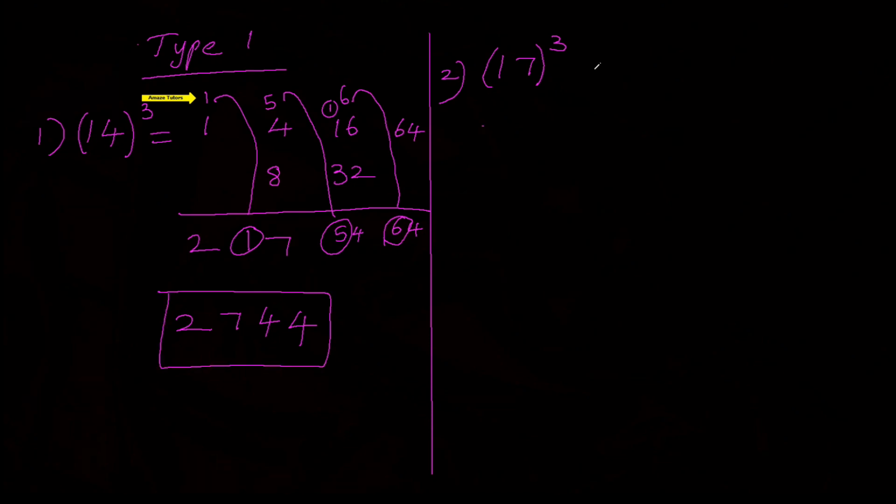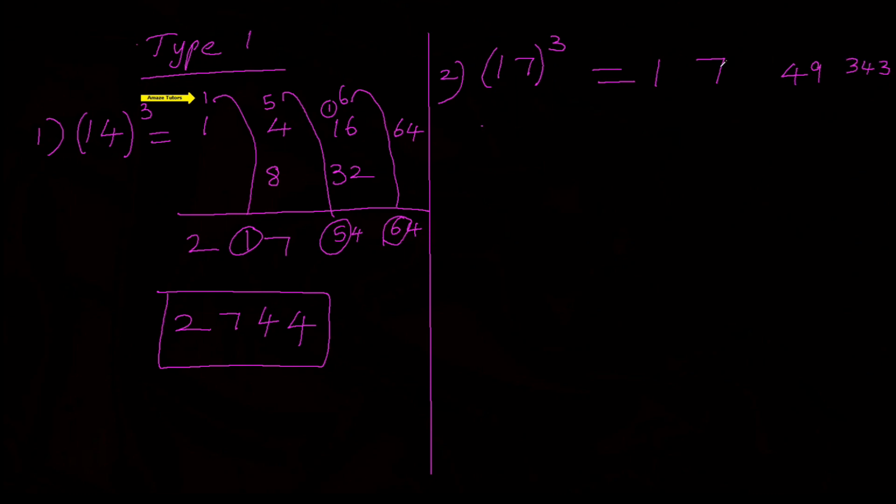Let's do one more question to understand the concept, the method very well. Write the first two numbers as it is, the given numbers. Third part, square this 49. And the last part, cube this. 7 cubed is 343. As usual, multiply the middle numbers by 2. 2 sevens are 14. 2 times 49 is 98.